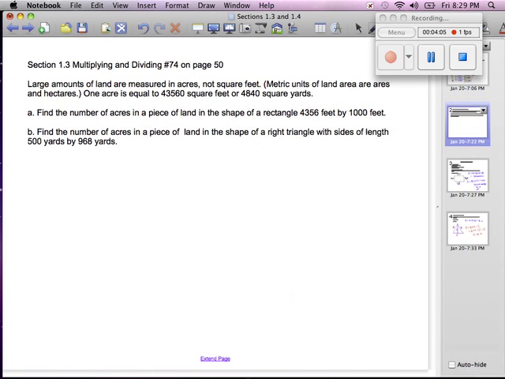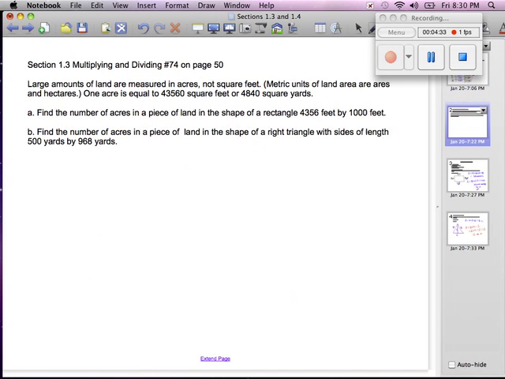This is number 74 on page 50. Large amounts of land are measured in acres, not square feet. Metric units of land area are ares and hectares. 1 acre is equal to 43,560 square feet, or 4,840 square yards. A, find the number of acres in a piece of land in the shape of a rectangle,